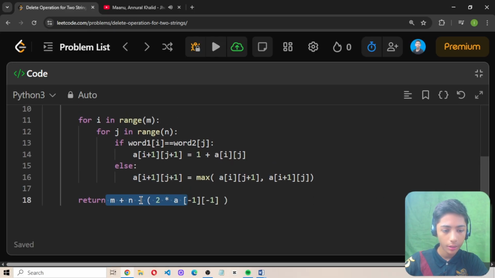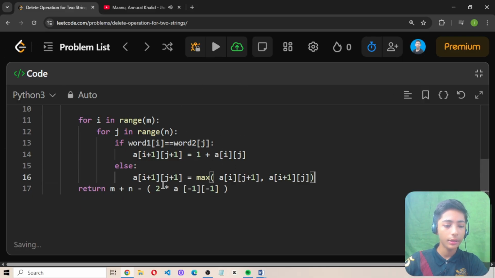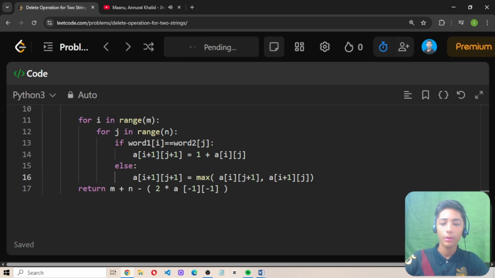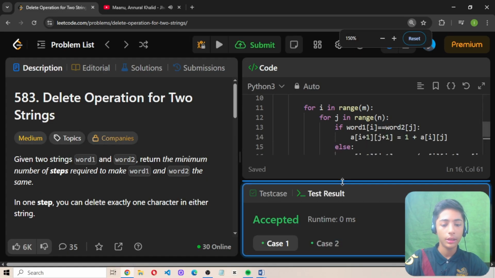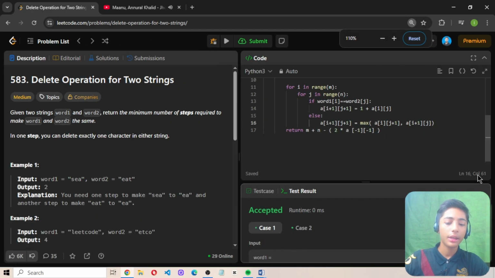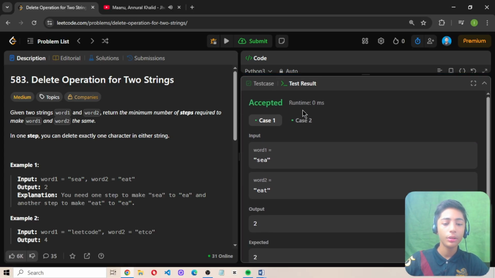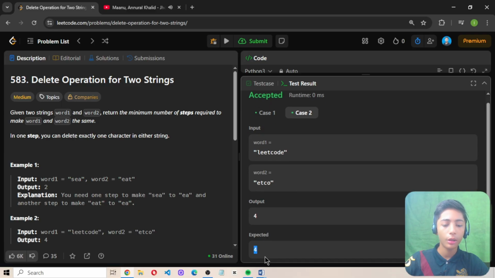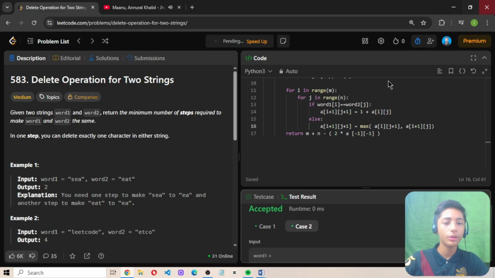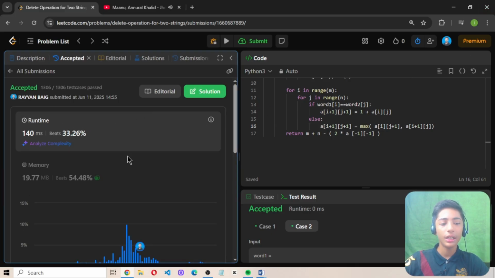Here I define it. Here I give the space also. I think give the space here. Your return m plus n should look like this. Please give the space here. Let's run it, and now it has been accepted. You can see it. In our case the expected output is 2 and my output is also coming 2. In the other case the expected output is 4 and my output is coming 4. But in the end we see the submission, so let's submit this code. The submission is also accepted, and I beat